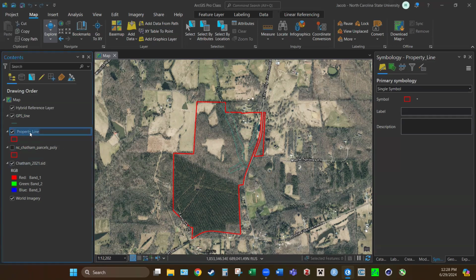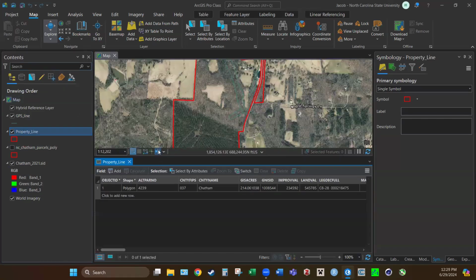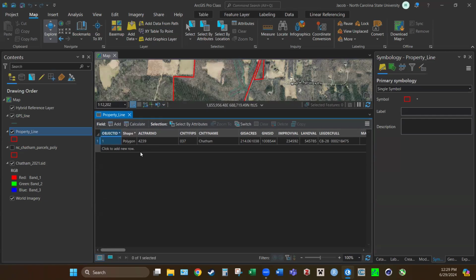line feature. And to get to our attribute table, we'll right click on it and then go up to attribute table and open that up. And then we can see here, and you can make this window a little bit bigger, but we can see here that there's a lot of data in here that we don't necessarily need, and some of it's useful. There's landowner name in here. Typically, I don't worry about all this stuff because we know the landowner name and we can enter that in